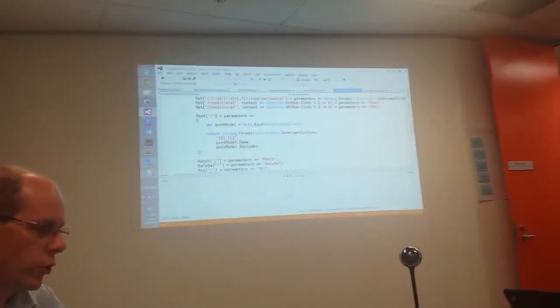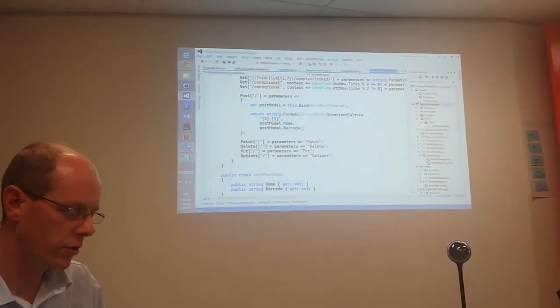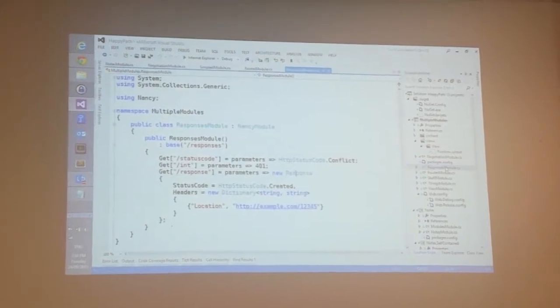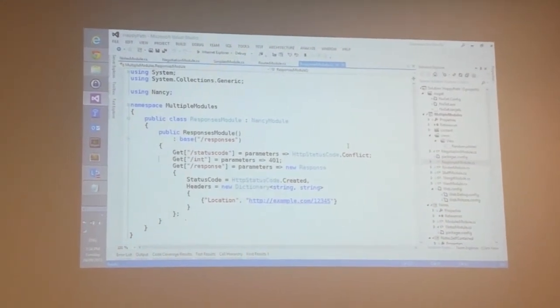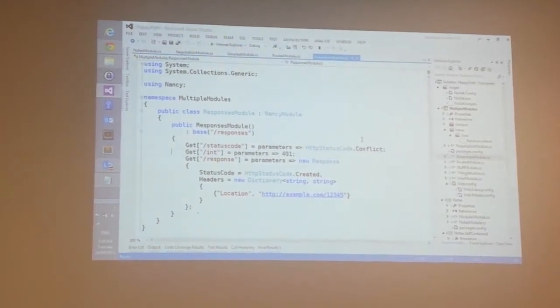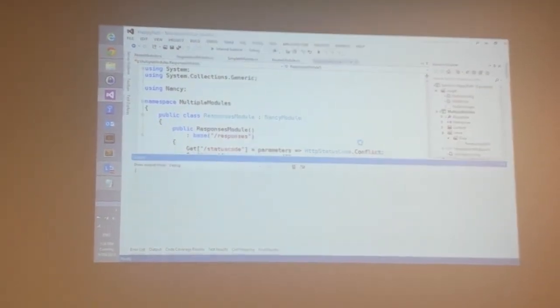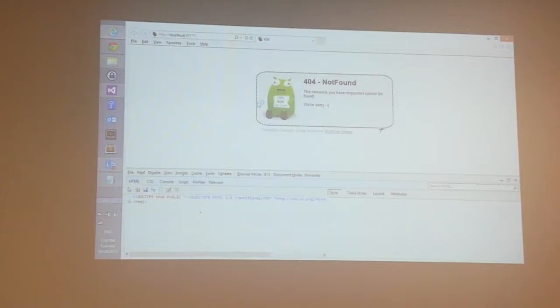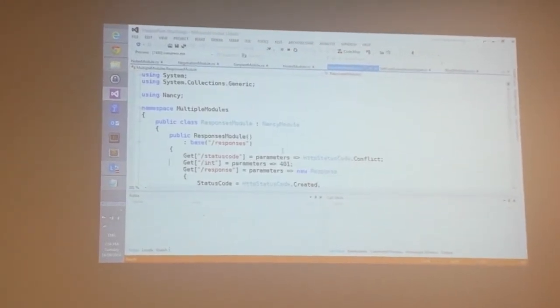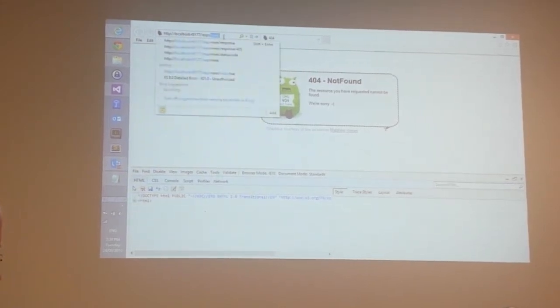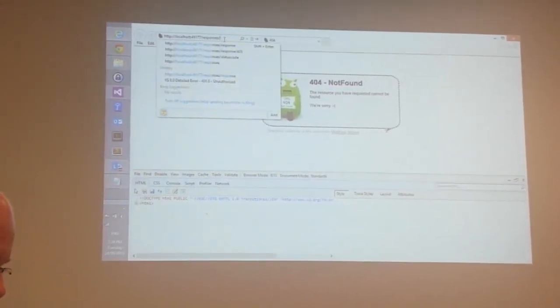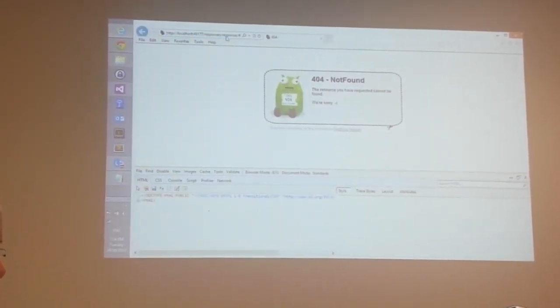So back to our code, and I'll just go to the responses. There's this kind of thing we're talking about. Okay, so again, fairly straightforward. I'll start that up again. So what am I looking for? Responses int. Responses. That will do.